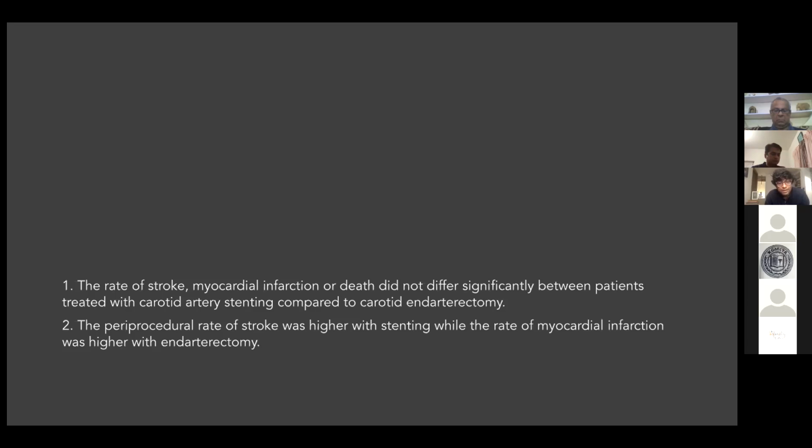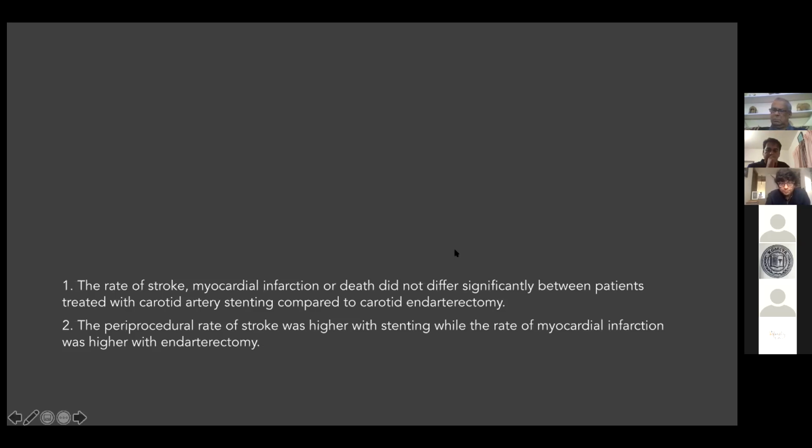But when you're fundamentally doing a procedure on the carotid artery, what you're worried about is not an enzyme rise after the procedure. You're worried about periprocedural stroke and death because it's primarily a stroke prevention procedure. So in that, carotid endarterectomy was the favored procedure and not carotid artery stenting. But nevertheless, for the composite endpoint of stroke, death, and myocardial infarction, both procedures showed parity. So carotid artery stenting took off wildly after that.